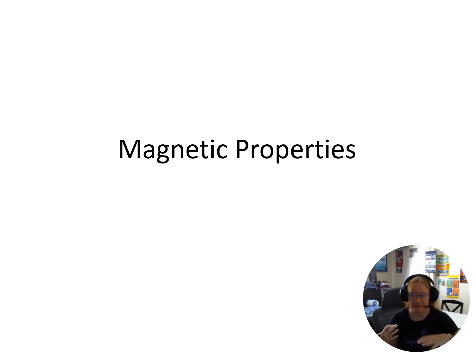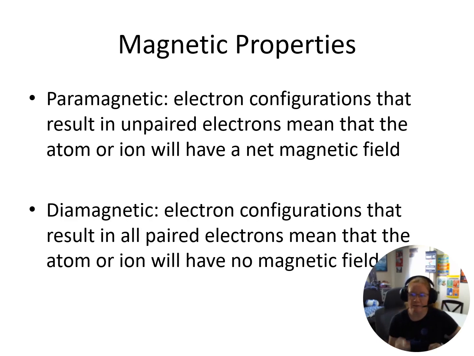Magnetic properties of our elements can actually give us some information about their electron configurations. When we look at magnetic properties, there are two things we're looking at: are we attracted to a magnetic field, or are we repelled by a magnetic field? Paramagnetic configurations result in unpaired electrons. This means they will have a net magnetic field, and so